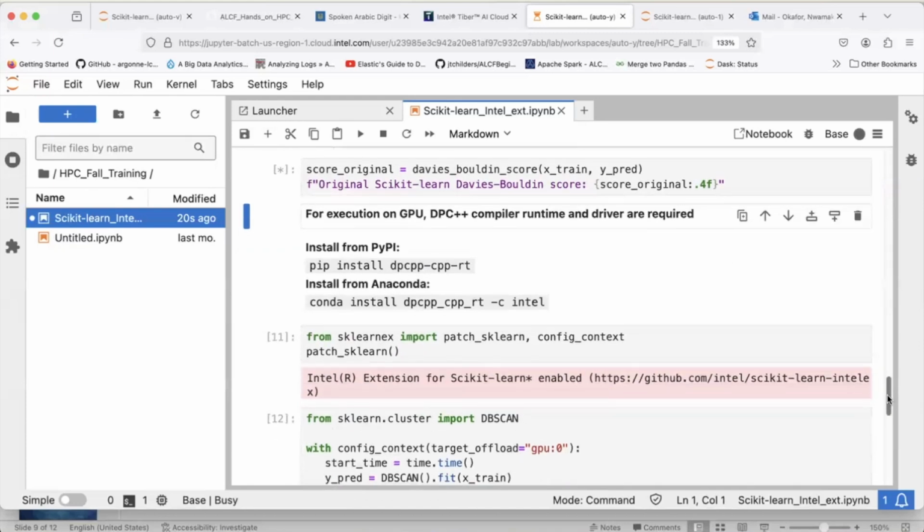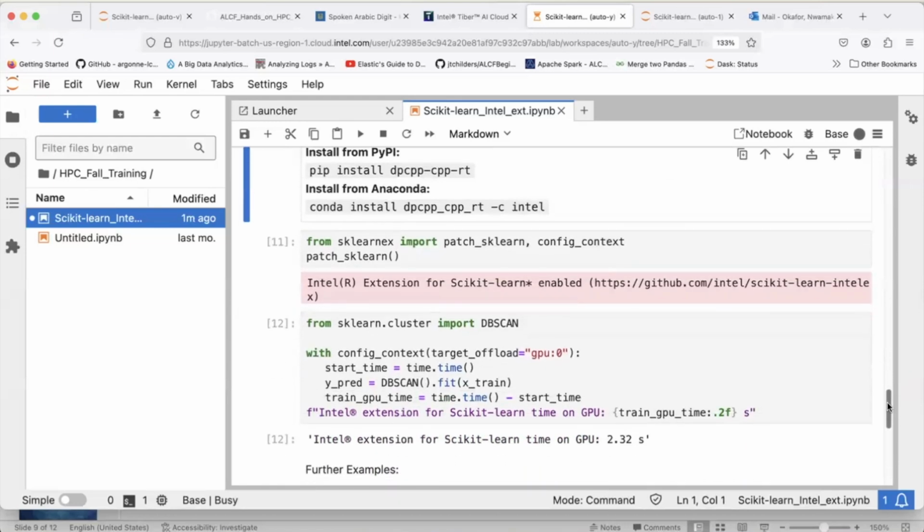But for me to be able to do that, we need to have a DPC++ compiler runtime and drivers installed. So you may want to install a DPC++ compiler runtime either from PyPI or through Anaconda. You can just use any of these to do that installation. So once you have it installed,